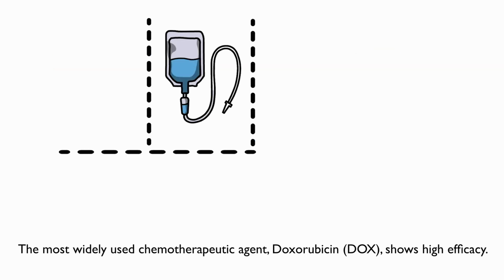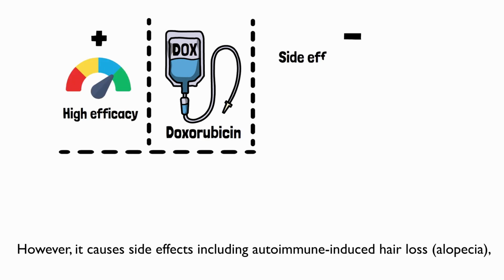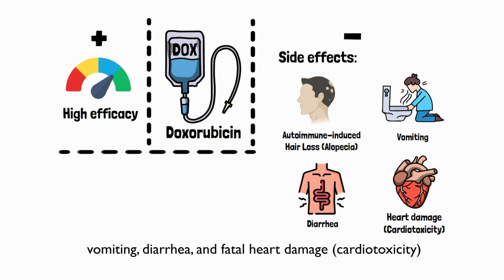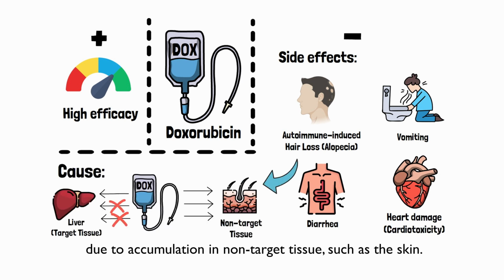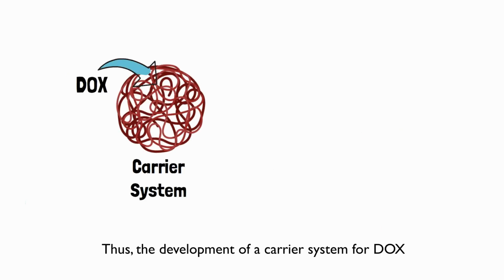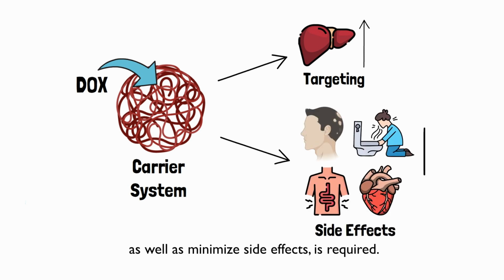The most widely used chemotherapeutic agent, Doxorubicin (DOX), shows high efficacy. However, it causes side effects including autoimmune-induced hair loss, vomiting, diarrhea, and fatal heart damage due to accumulation in non-target tissue such as the skin. Thus, the development of a carrier system for DOX that would improve targeting and therefore efficiency, as well as minimize